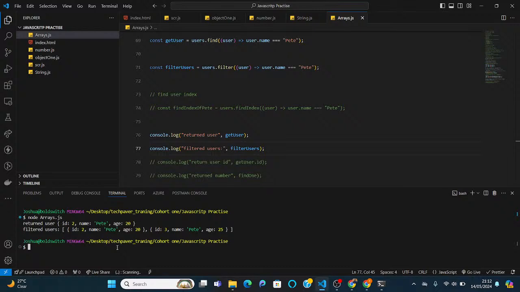now you can see that here we have two results, right? We have the find method, which is returning just this object for us in our console, right? And then we have the filter method, which returns an array, right? An array of objects,